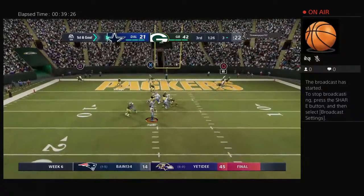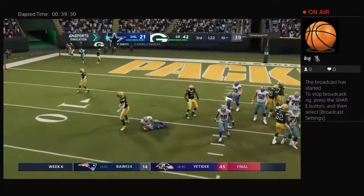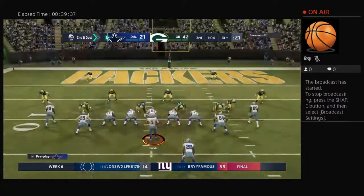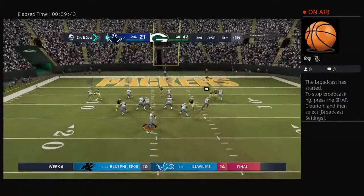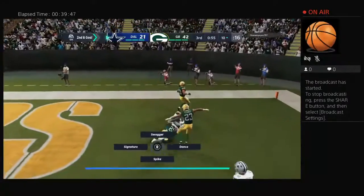Back to throw. Under pressure, down he goes. Sacked at the 10. Preston Smith, his 2nd sack of the night. That's his 2nd sack of the game. The best defensive ends, they do their homework as much as offensive guys do. They know how to beat the offensive lineman across from them, what moves they need to do to set them up. And this ball is caught by